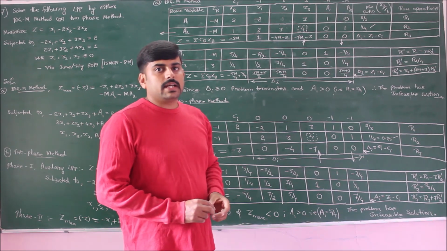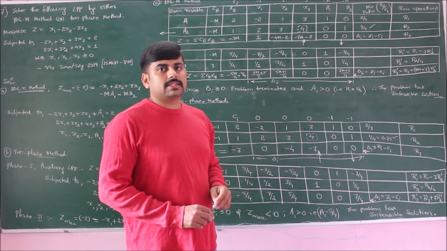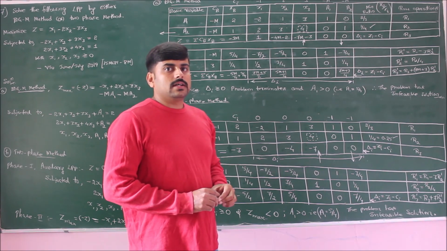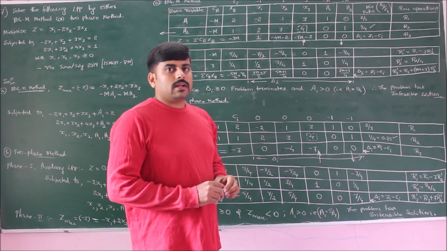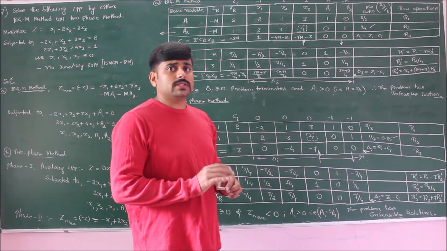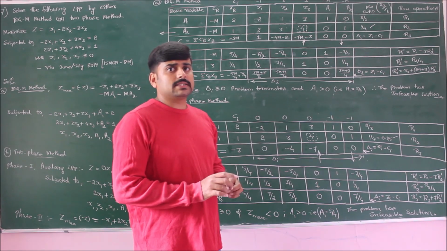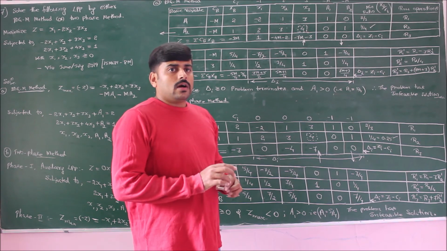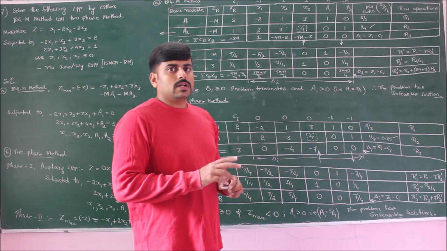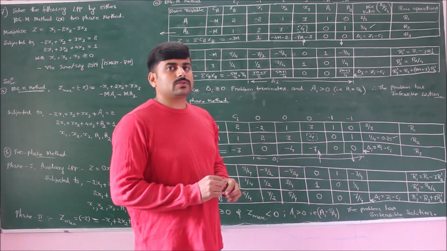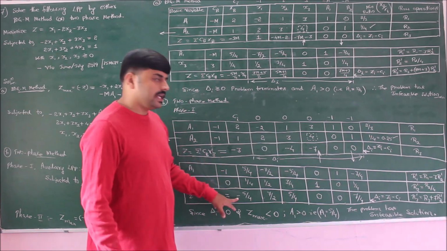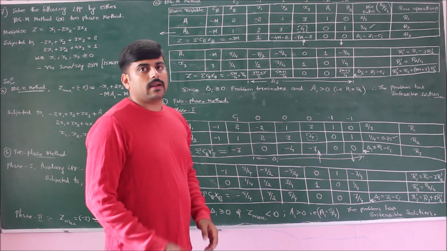I have clearly explained in our lecture 5 the 3 different cases of analysis of a problem in the two-phase technique. When delta i is greater than or equal to 0, if Z max is less than 0, a negative value, then the solution will be infeasible. If Z max is greater than or equal to 0 and we have one artificial variable, we can proceed to phase 2. If we have no artificial variable also, we can proceed to phase 2, provided Z max is greater than or equal to 0. But in this problem, Z max is negative, therefore the solution is infeasible.